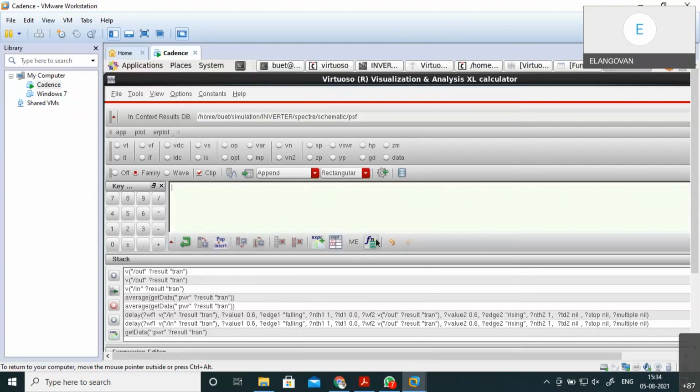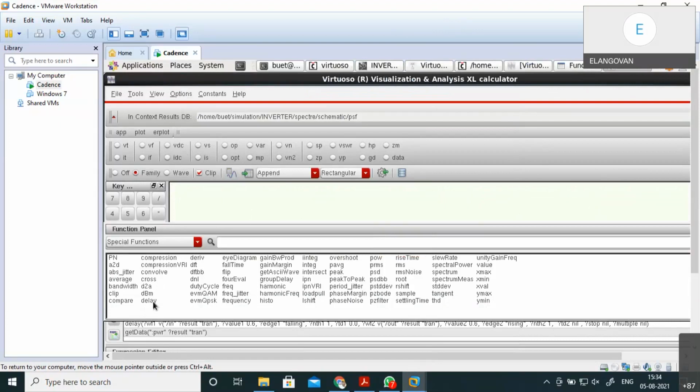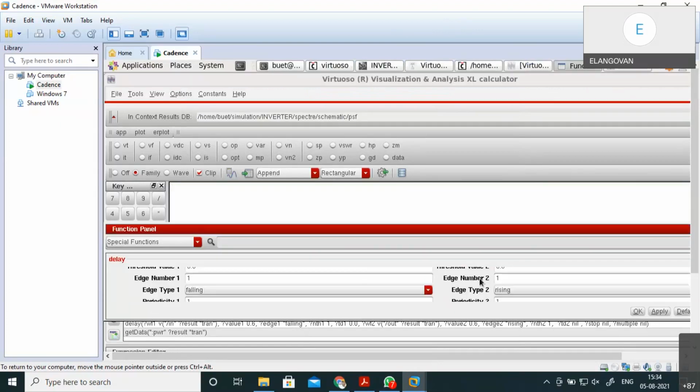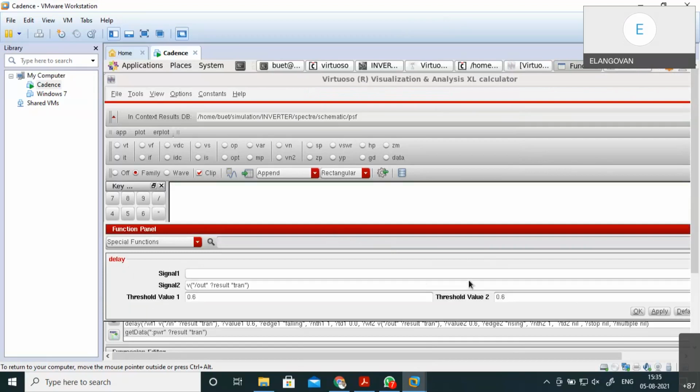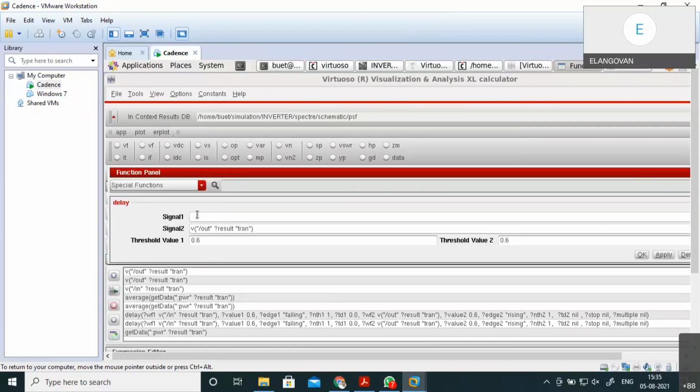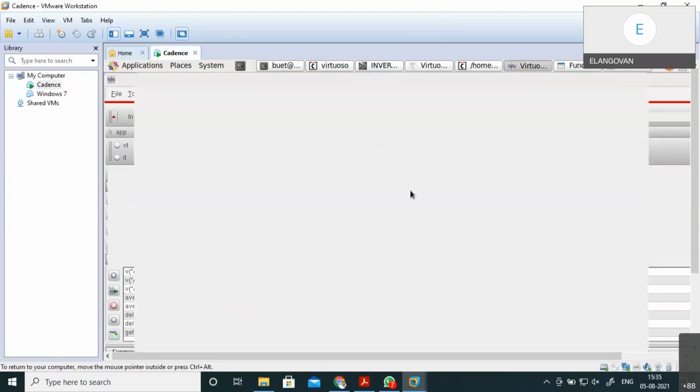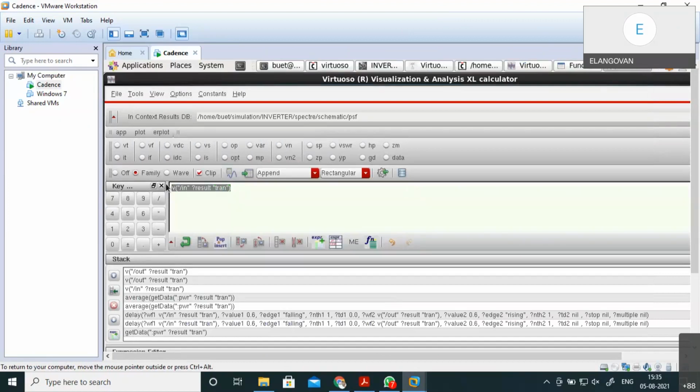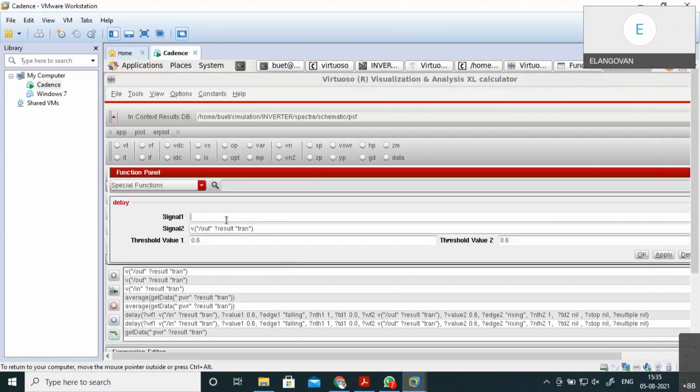Here, you have to go to function. There you can find the term delay. Choose that. When you choose it, the delay panel comes up. There you can see from where to where you want the delay. From signal 1 to signal 2 means from input to output. You choose signal 1. What is my signal 1? My input. There you can click. When you click, it comes here. Copy from there or cut from there, and place it here. Similarly, we choose the second, my output, and place the output.